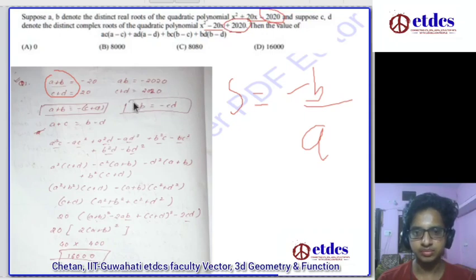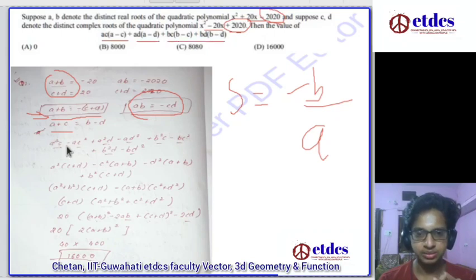So we get the relation a plus b is minus of c plus d, and ab is equal to minus cd. This might come in handy afterwards. From this we can also see a plus c is equal to b minus d, just rearranged. Now we can directly multiply those terms and simplify.